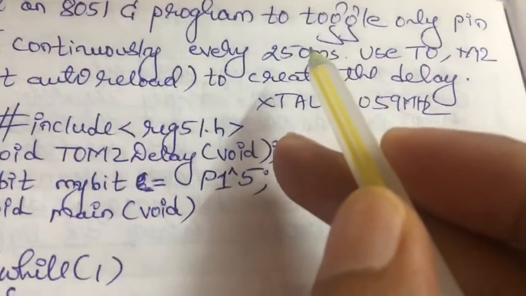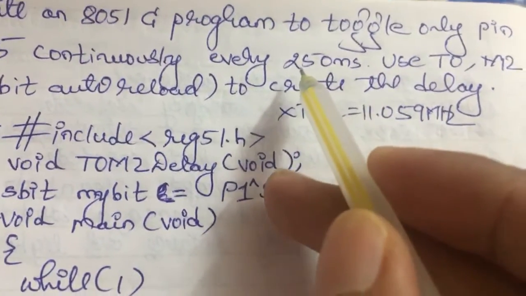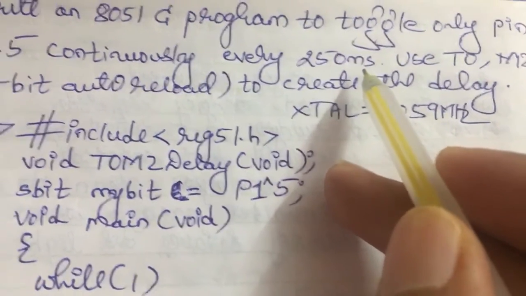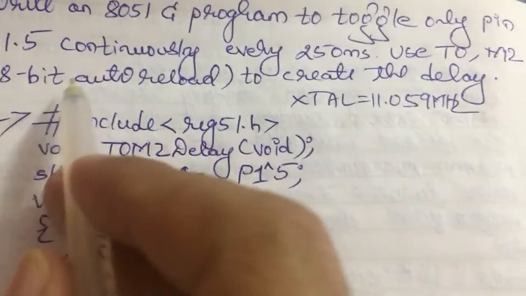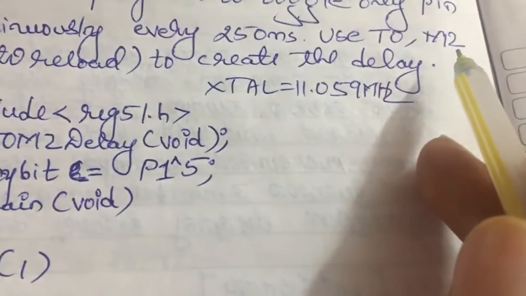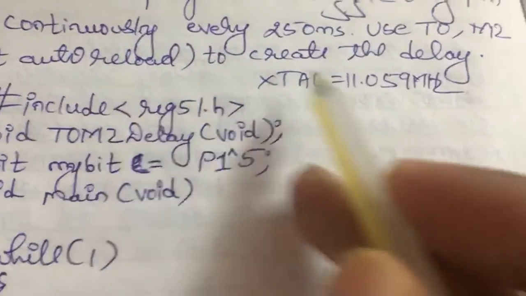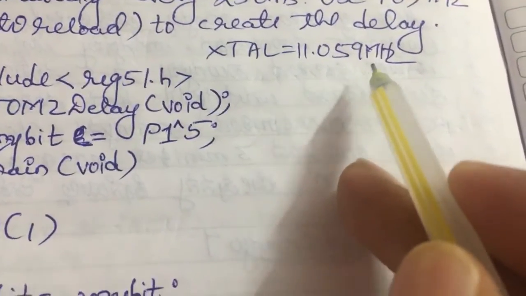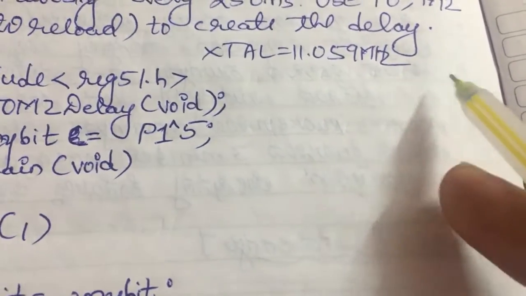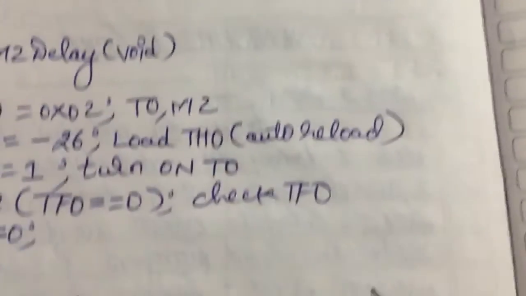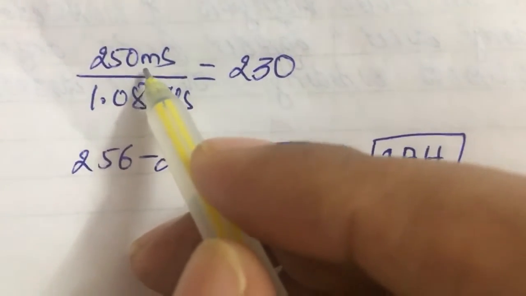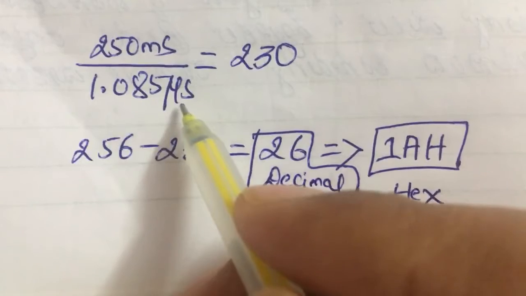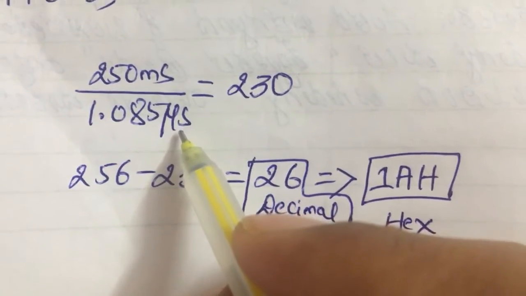So please keep in mind we need to maintain 250 milliseconds of delay in order to toggle the pin P1.5. We need to use timer 0 mode 2, that is auto reload. Crystal frequency is 11.059 megahertz. So first we need to take the calculation here. We need to maintain 250 milliseconds of delay divided by 1.085 microseconds that we did in the last example,